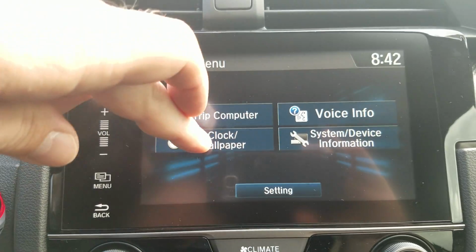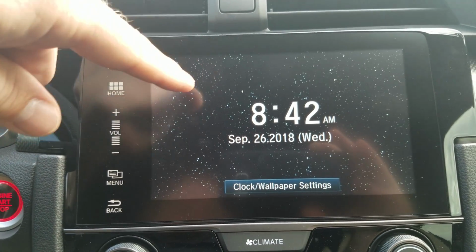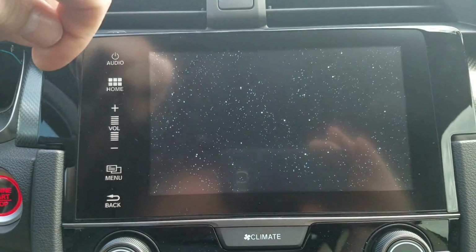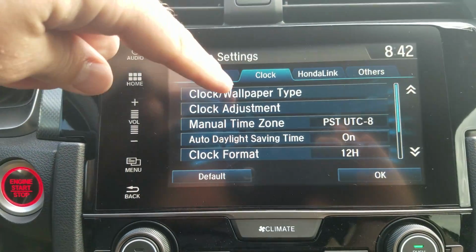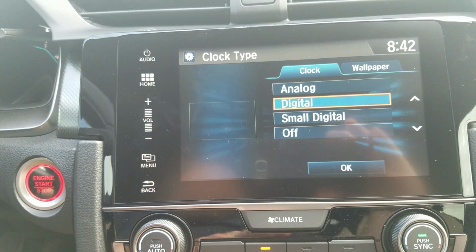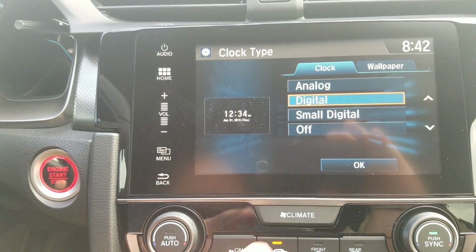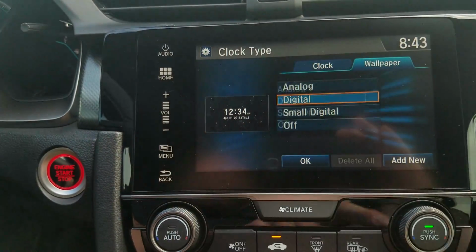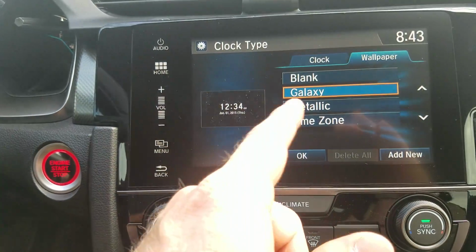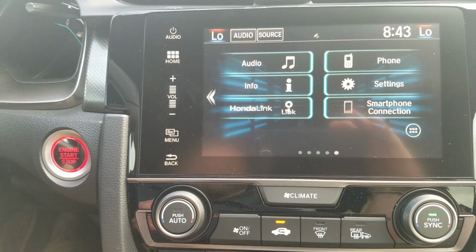The other thing you can do is if you want a clock or wallpaper pulled up, you can set it right here, and you can customize this. So I can change this, and to do so, I would go to clock wallpaper settings, wallpaper type, and then from here, you go to next. In case you want to do this, all you're doing is plugging in a USB drive with a JPEG or a PNG file, and then I can add. I go to wallpaper and then add new, and it'll pull up and load them for you. So that's just how you do it. In case you want to mess with that, in case you have a favorite team, favorite dog, favorite cat, favorite